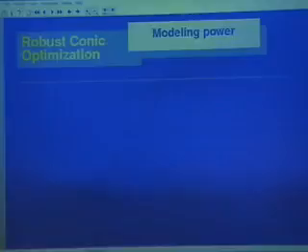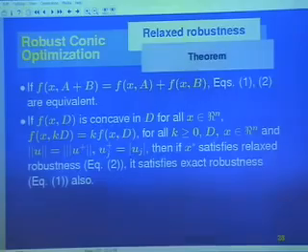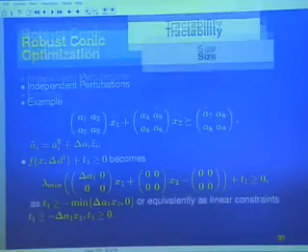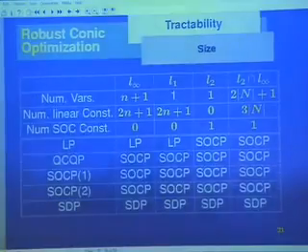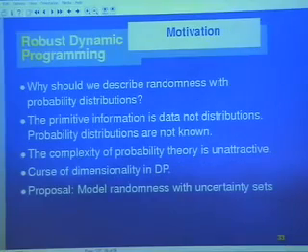I will skip, given the time, some ideas that we have on continuous optimization, which I think is interesting. To illustrate, so far I have talked about the first motivation, namely, you have data, and the data changes, and you would like solutions that are immune to data. Right? That's what I've talked about so far.